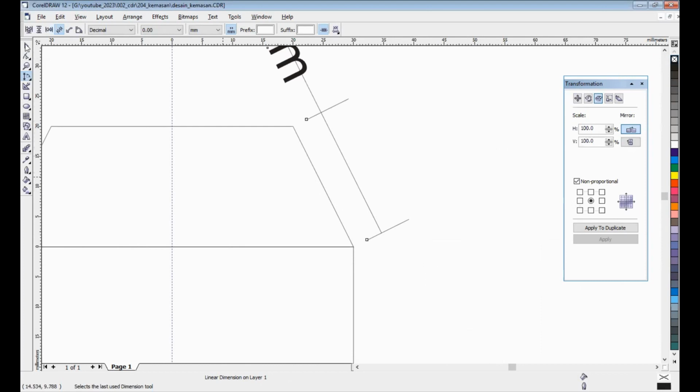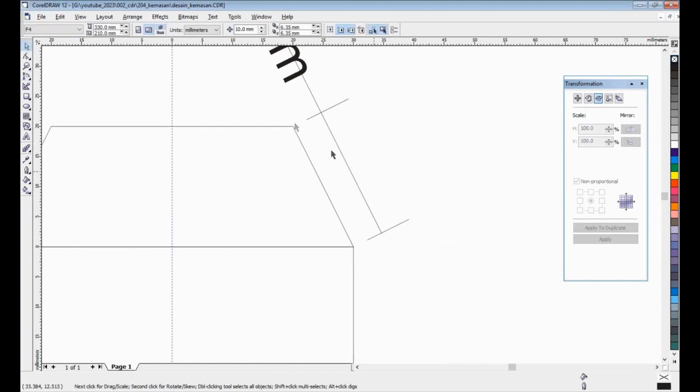Maybe quick like this. Wait, I take a guideline. Maybe here, take here in this.